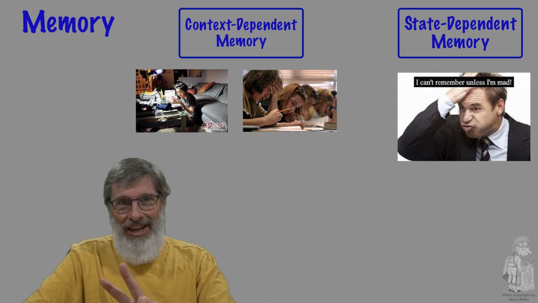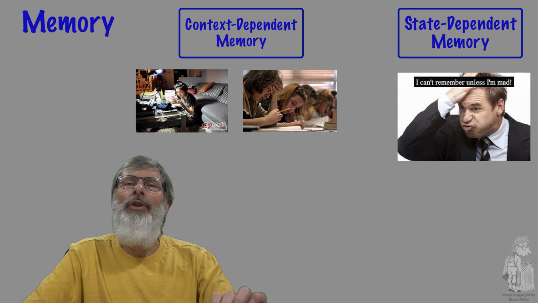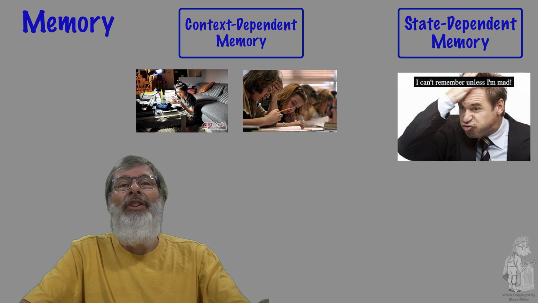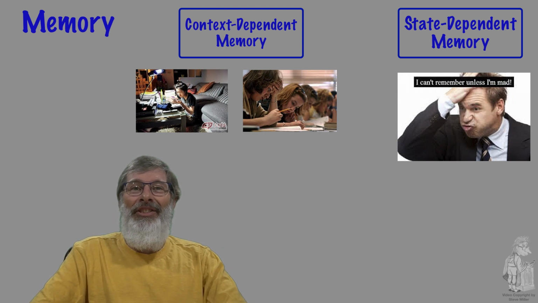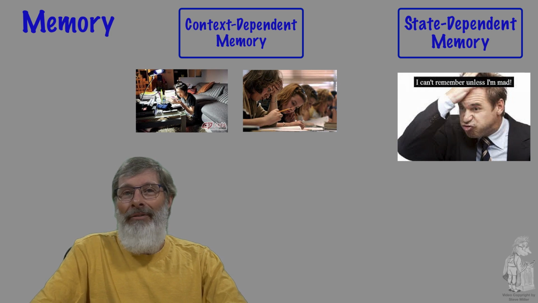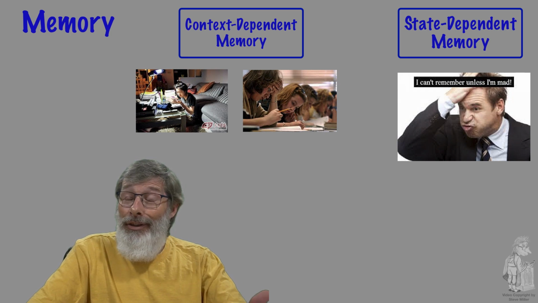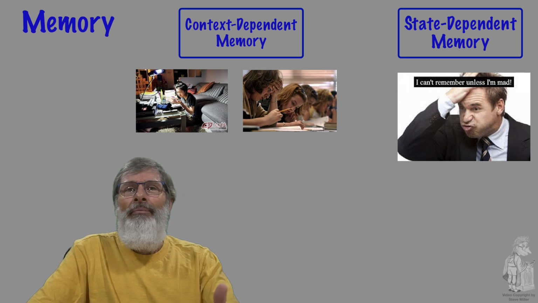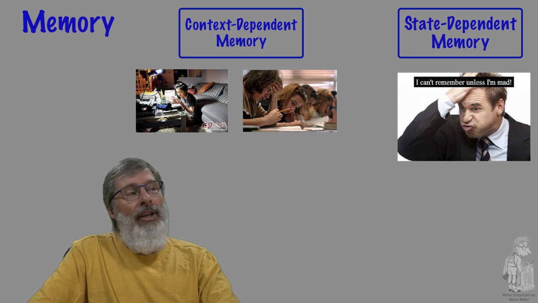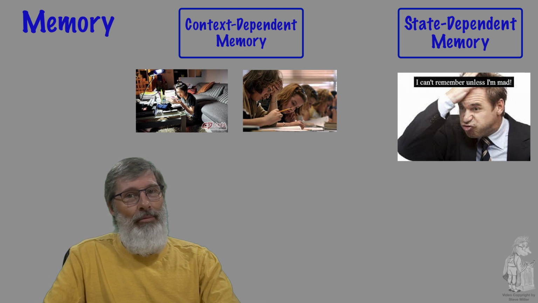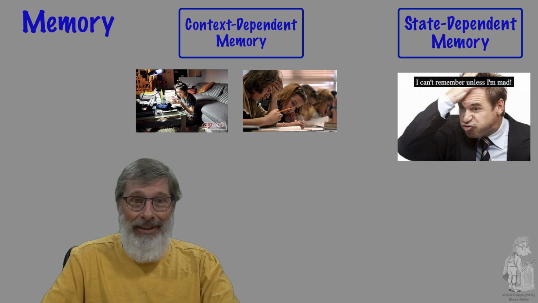The second type is state-dependent memory, an extension of context-dependent memory, where we retrieve information better when we're in the same physiological or emotional state, similar to the one in which we encoded and stored the information. There is evidence to support this with love, anger, frustration, and different levels of inebriation and sobriety. If I studied when I was angry, I ought to be angry when I write the test. I might do better because that's state-dependent memory.